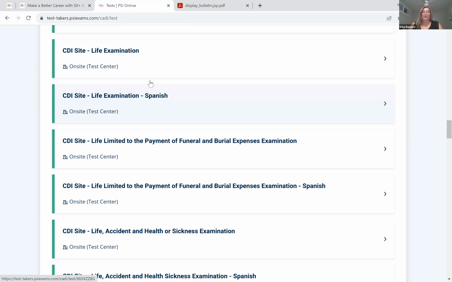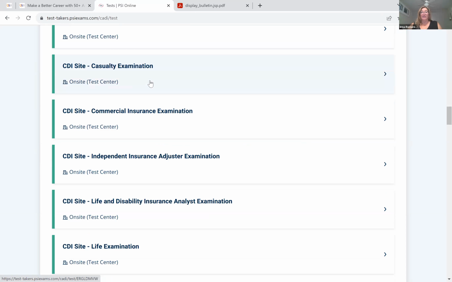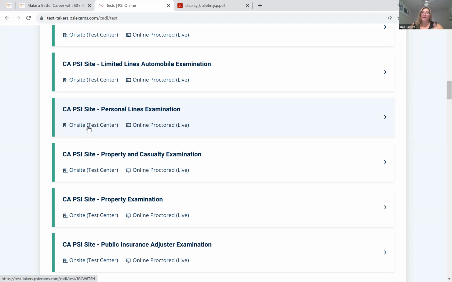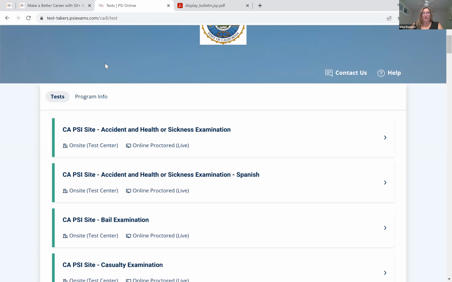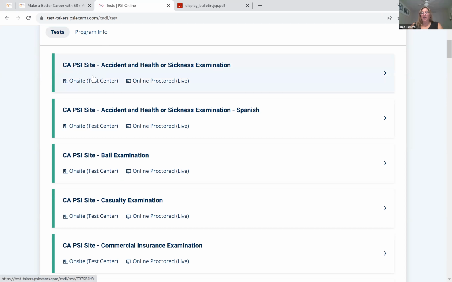And so if you're in Los Angeles and you want to take it at the CDI site, then scroll towards the bottom, past the California PSI site, into the CDI sites. But for everyone else in the state, you're going to want to make sure that you schedule California PSI. So let's start at the very top here. So California PSI, notice how the PSI sites have an option for on-site testing, and they have multiple locations everywhere: